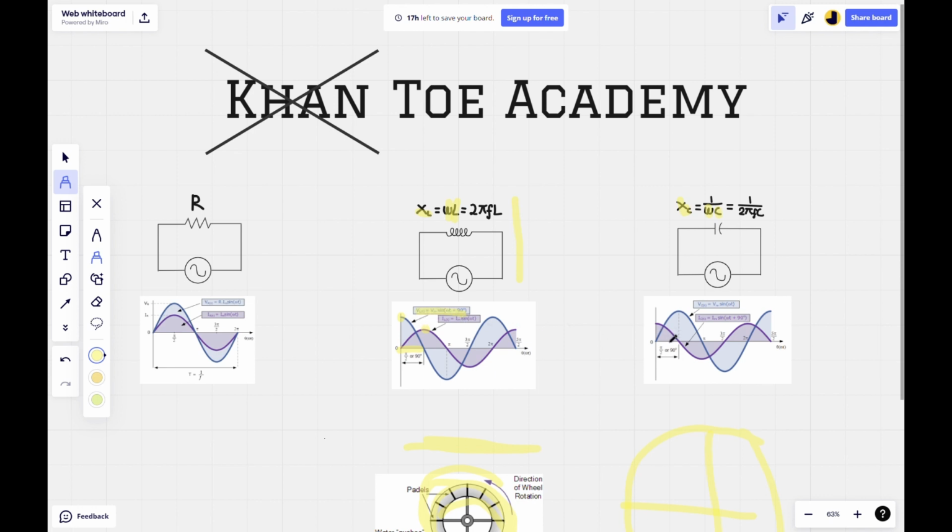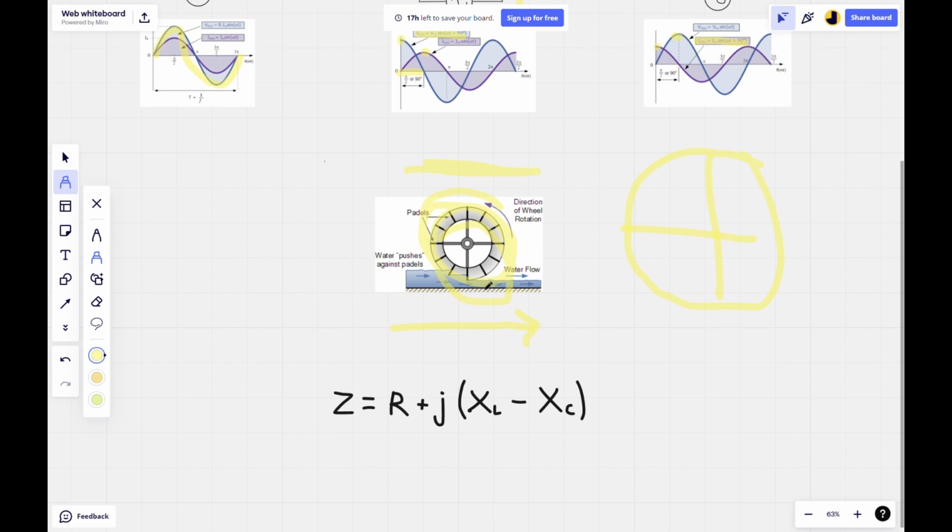So keeping consistent, the same is true for capacitors, but the opposite, where the current now leads the voltage by 90 degrees. Resistors are easy to work with because, as you can see, the current and the voltage are both in phase. Now that we understand reactance, we can calculate the total resistance in an AC circuit, which is called